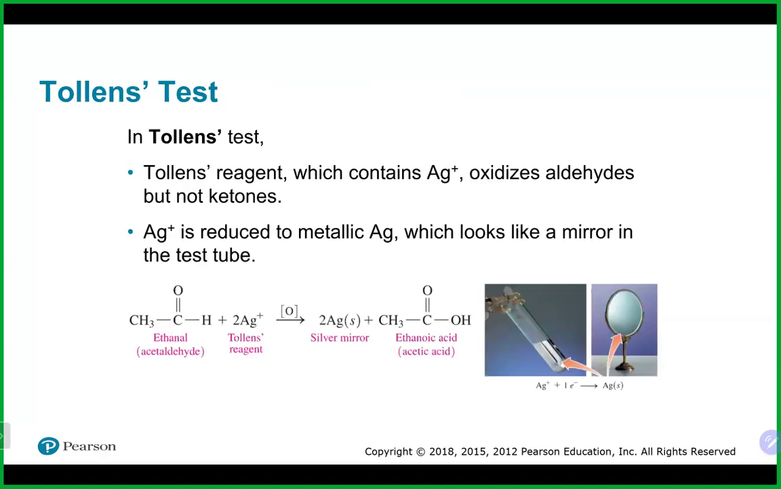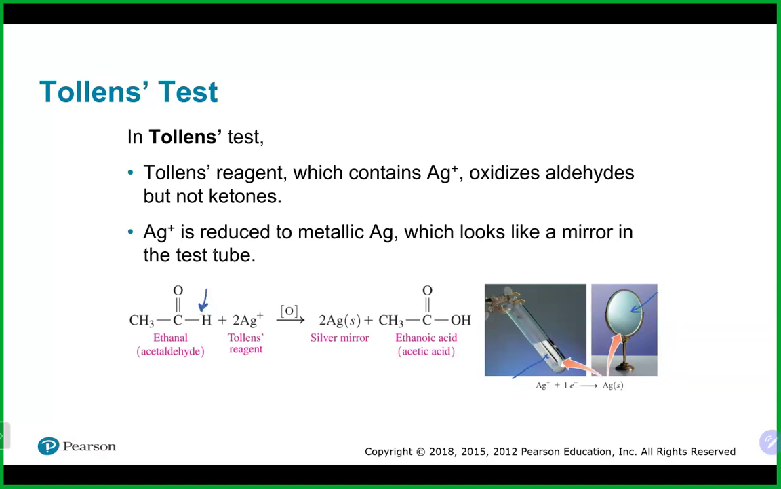Now, there are a couple of tests that you could use to kind of determine whether or not you have an aldehyde, say, versus a ketone. And one such test is what is referred to as the Tollens test. The Tollens test actually uses silver, and silver actually gets reduced to solid silver, and it sometimes looks like a mirror sort of reflection in the test tube. And in the process, our